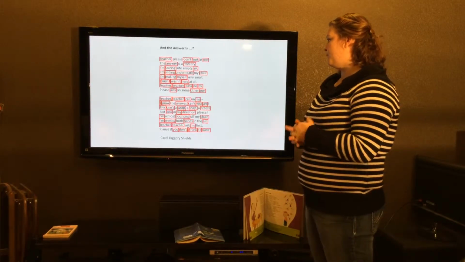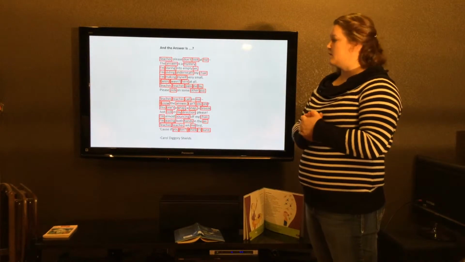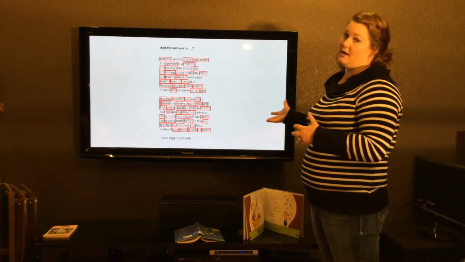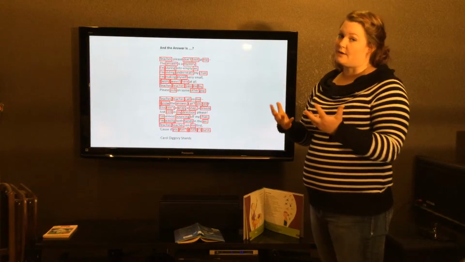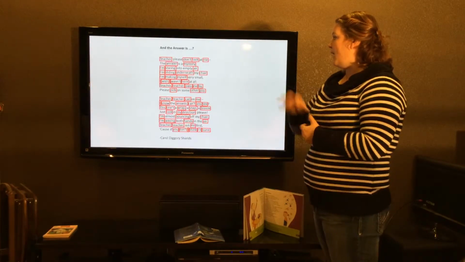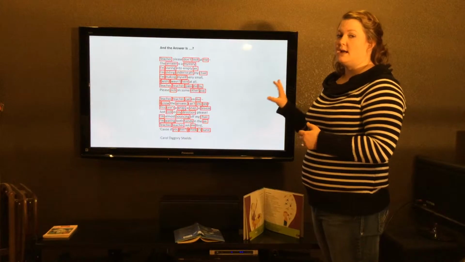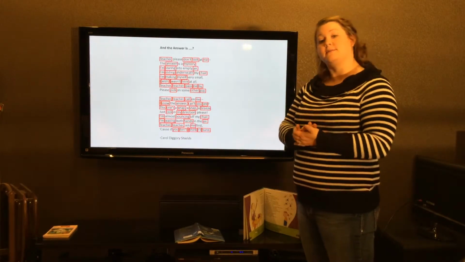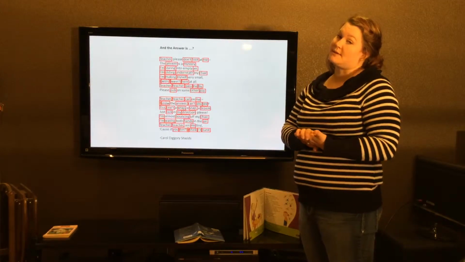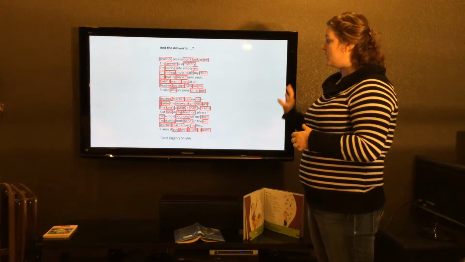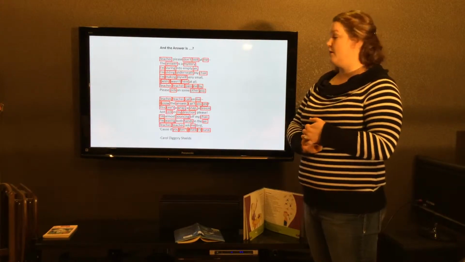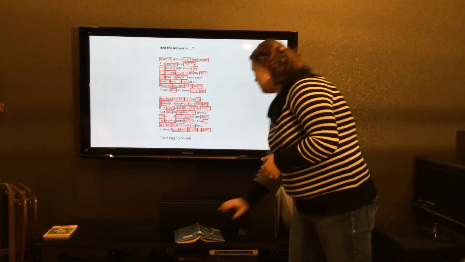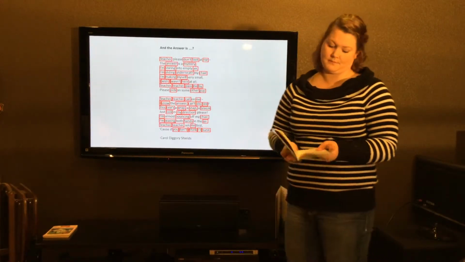Okay, so with all this in mind, we're going to talk about another poem that is not going to have our candy words as helpers, so we're going to kind of have to figure it out on our own. So after looking at all this, this gives us a good idea of what's important in a poem. It doesn't have to be the same all the time because poems are always different. But this gives us a good idea of what we're looking for. Okay? So now we're going to move on to our next poem